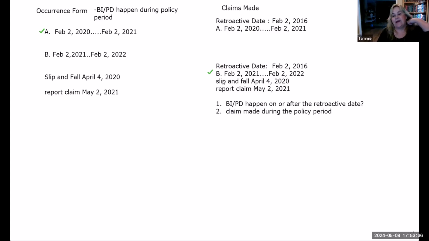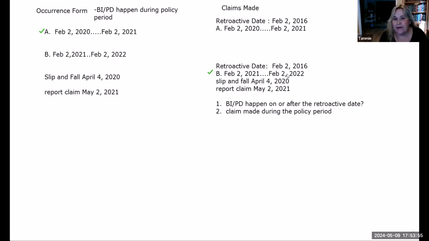Because again, the bodily injury has to happen on or after the retroactive date. The retroactive date tells us when we can start paying claims. This is the effective date and the expiration date, but that just tells us what year we're in. Okay. And then when the claim is made is the policy that is made,